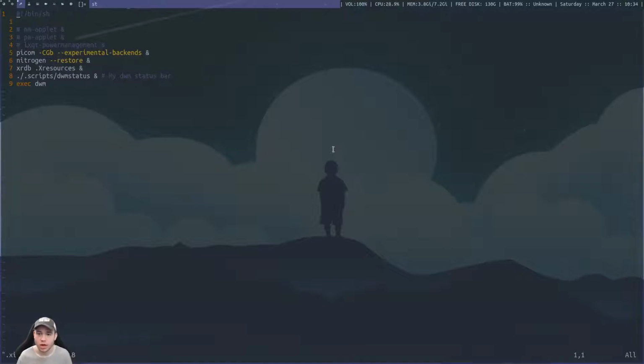So I essentially log in with no graphical user interface. It just pops into a terminal. I enter my username, enter my password, and then it runs through the script here.